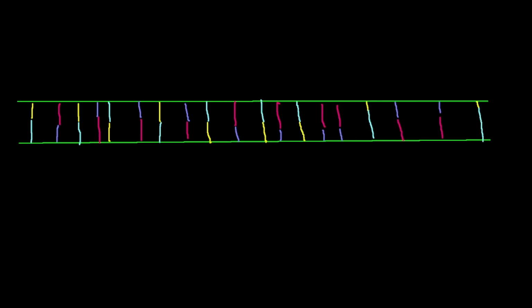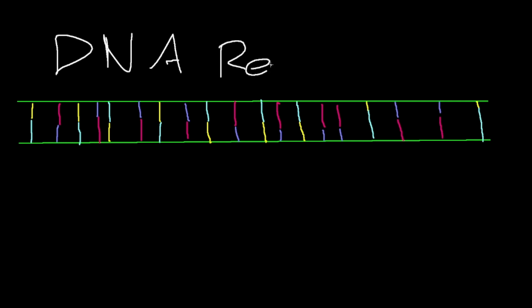So here I have just a regular DNA strand, and it looks straightened out just to make it a bit easier. And we have our nitrogen bases here. So now we're going to talk a little bit about DNA replication. Because our DNA has to replicate itself in order for us to grow, right? DNA replication happens when an enzyme called